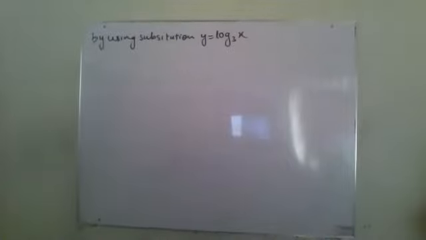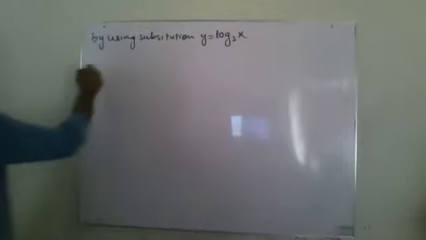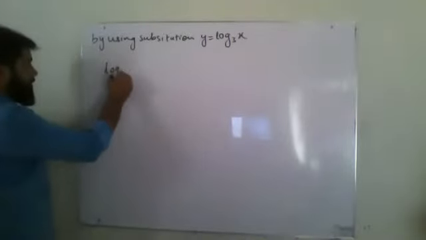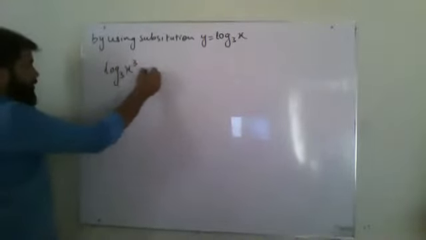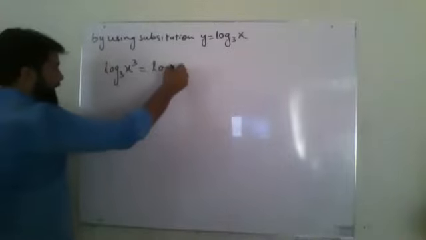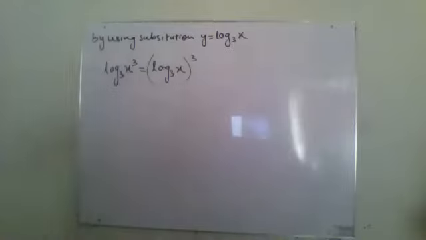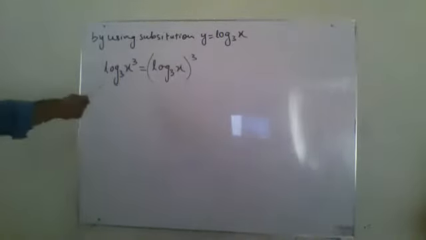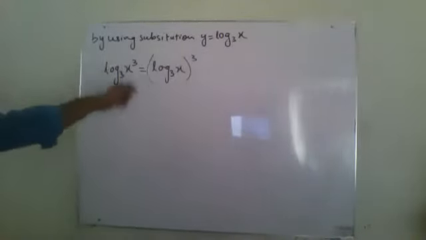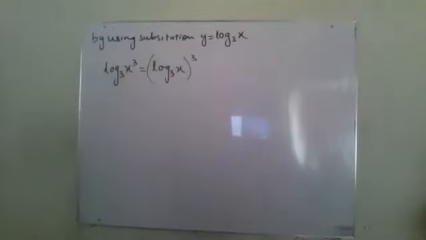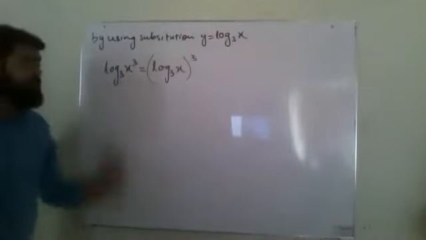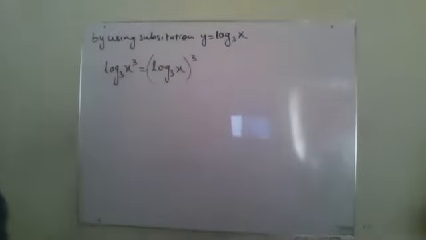One of the equations is (log 3x) whole cube equals log 3x. This is whole cube and this is only on x. The first one is log base 3 of x cube equals log base 3 of x, whole cube. These are the two different things given to me, and they are telling me to solve it to get the value of the variable, that is x and that is x.